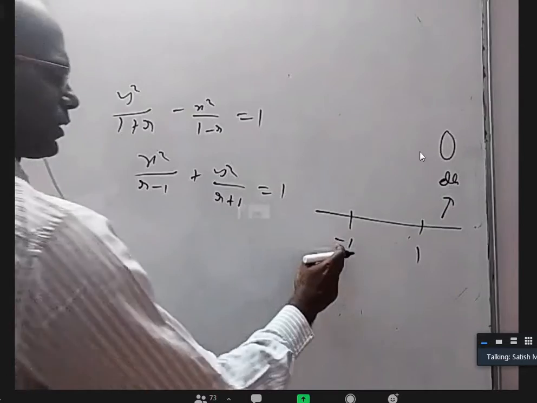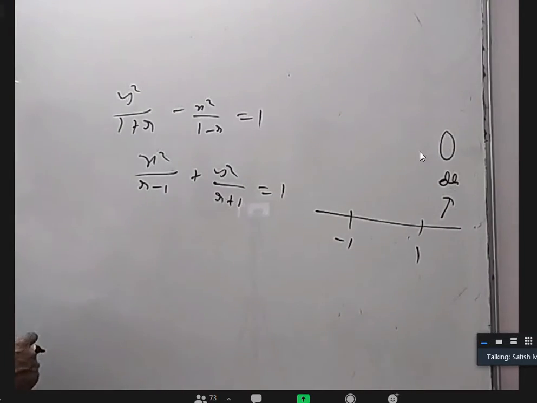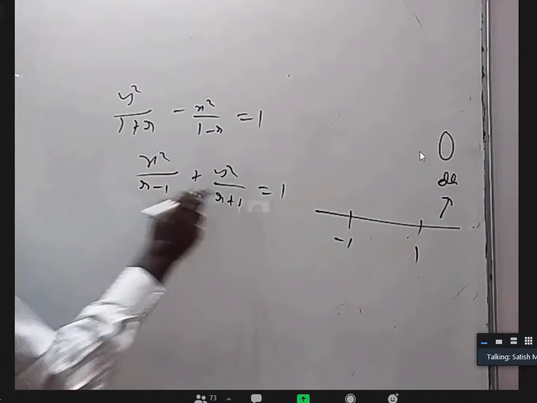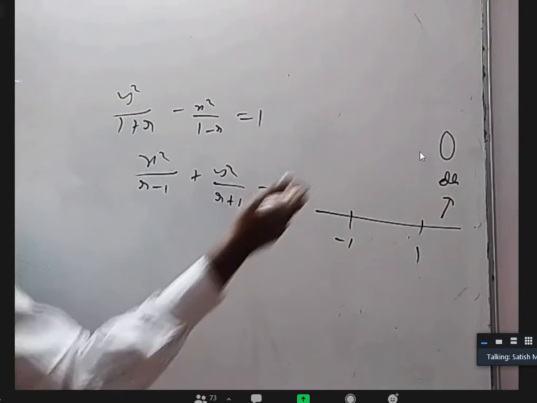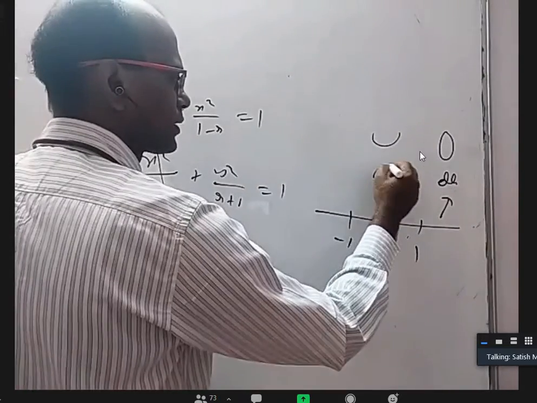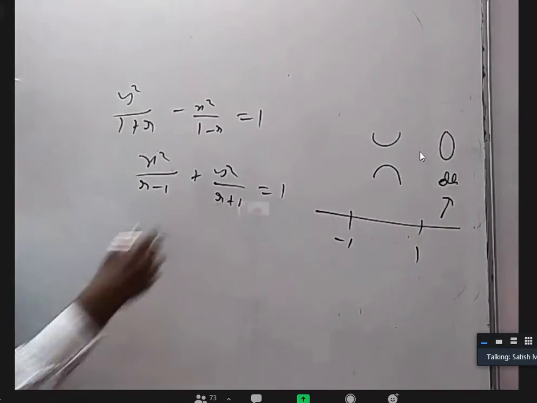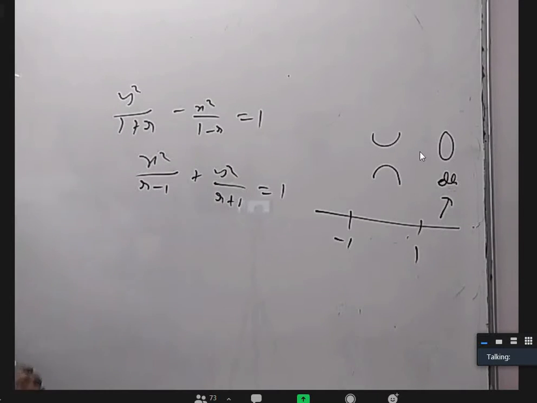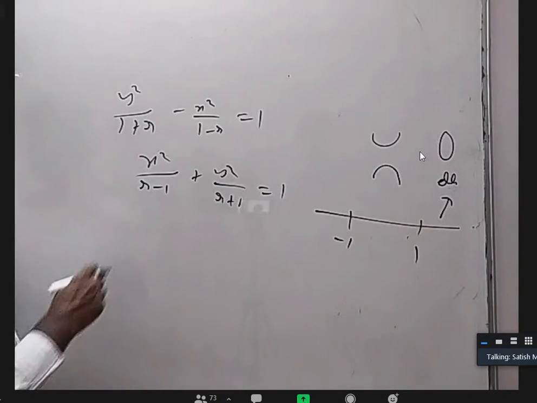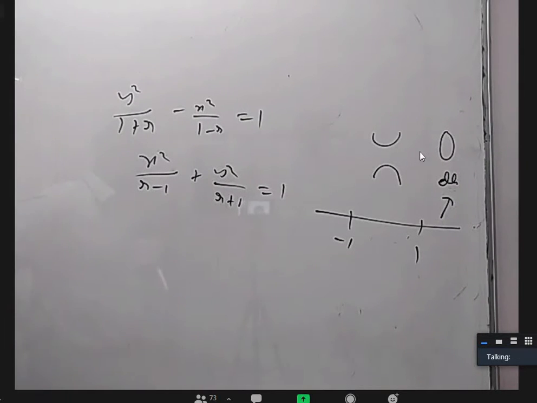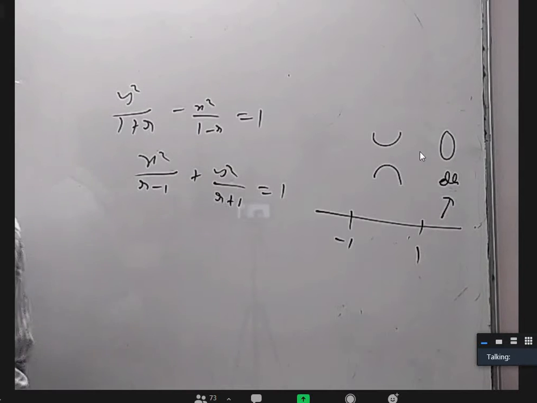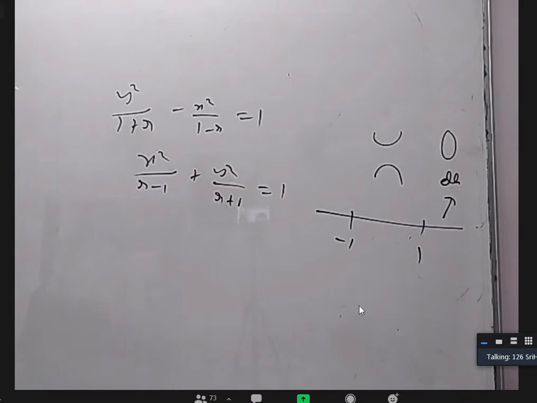Next, when r is between minus 1 and 1, this is negative and this is positive, right? It is like x square by a square minus y square is equal to minus 1. So it is a hyperbola like this every time you take anything between minus 1 and 1. If I take r below minus 1, this is negative, and it represents nothing, right? That's all. Yes, sir. Got it. Okay. Any other doubt? Sir, 37.